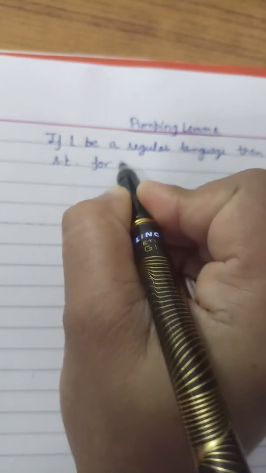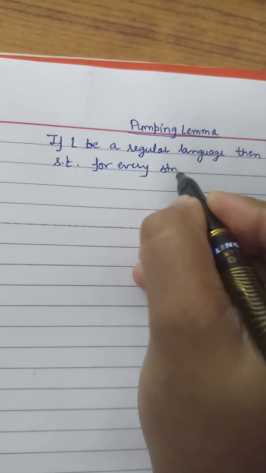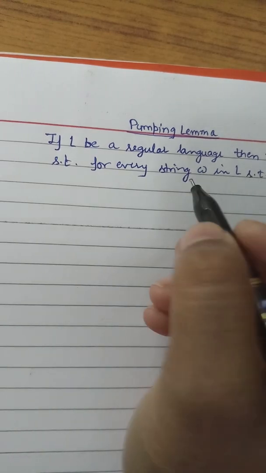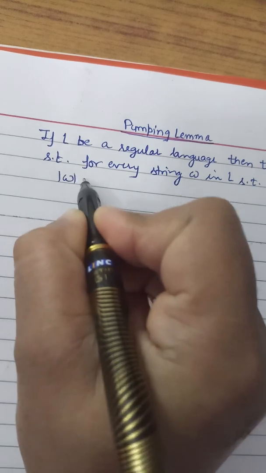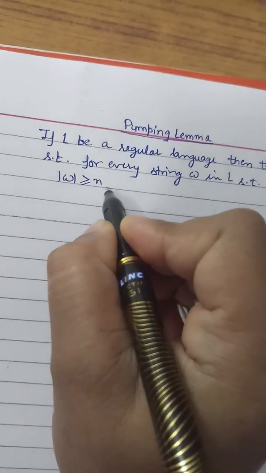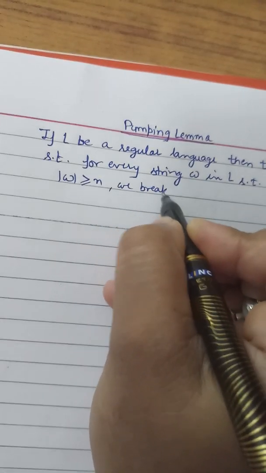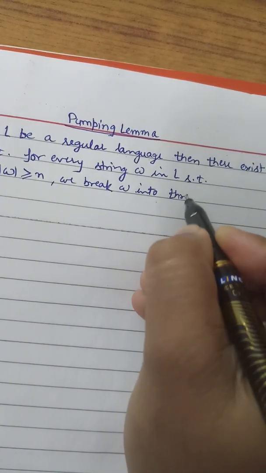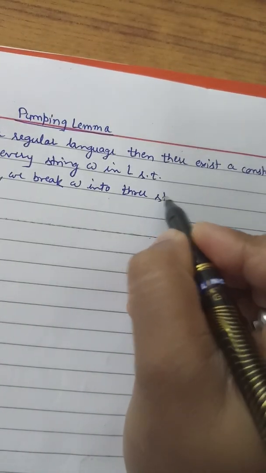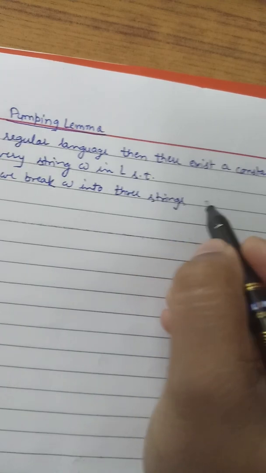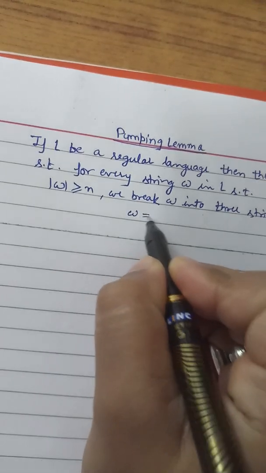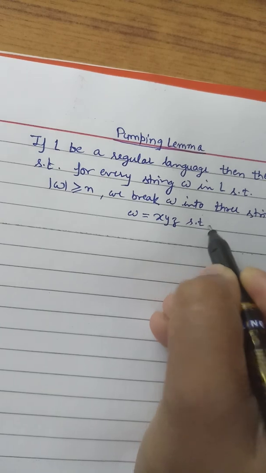Such that for every string omega in L, such that the length of omega is always greater than or equal to n, we break omega into 3 parts, or we can say into 3 strings, which are x, y, z, where omega is equal to xyz,